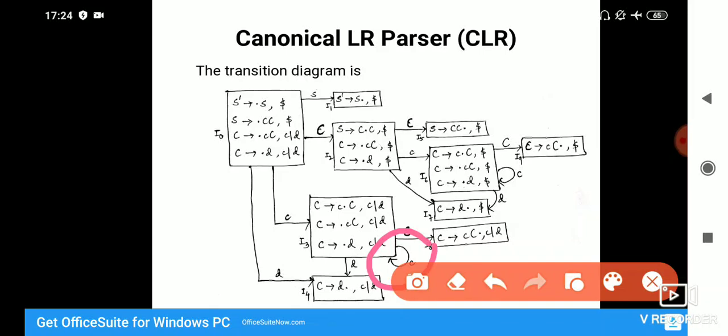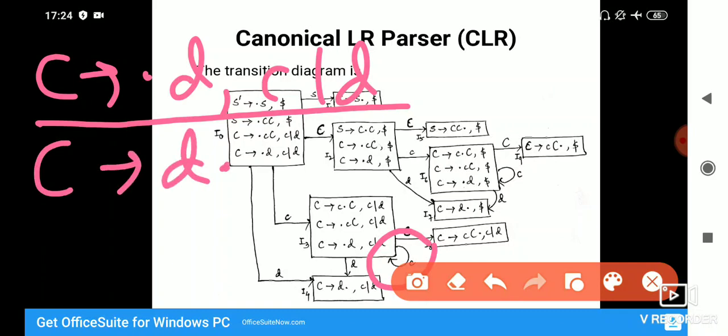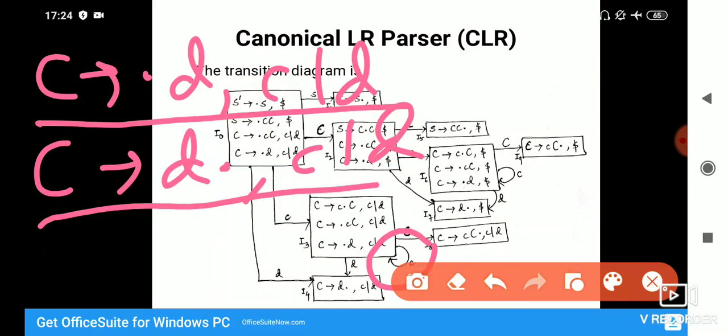As you can see, I have circled C. Now I take the last item C2 dot D comma C by D in I3. I have to find go-to of this. What I will do? C2 D dot comma C by D. Since this is a complete item, no more new item sets can be generated. Now if you observe, this is already available as I4.